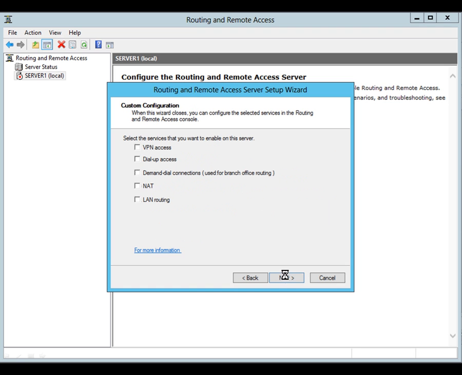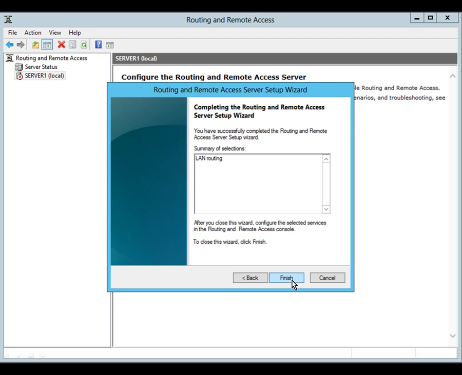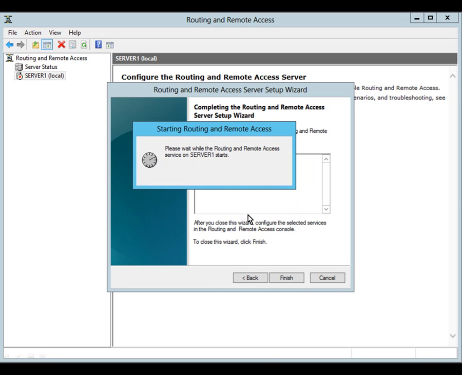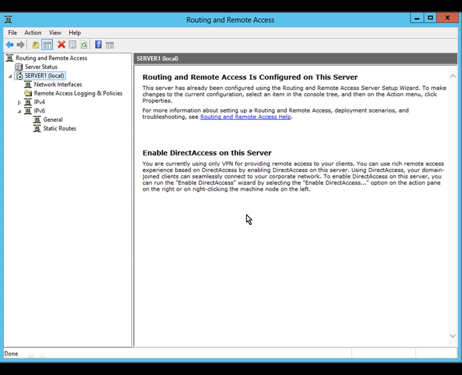We then click on Next, and then we specify what services we want. We are going to select LAN routing because, remember, the DHCP relay agent is a routing protocol. We click on Next, followed by Finish. We click on Start Service, and then it installs the DHCP relay agent. Then we go under